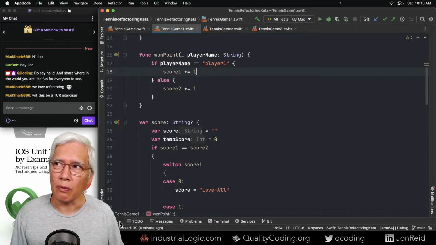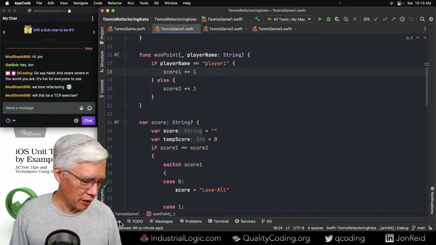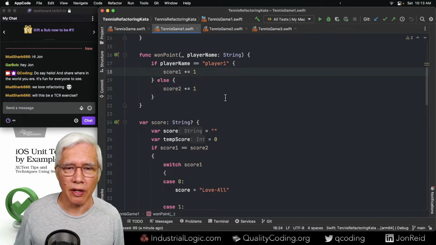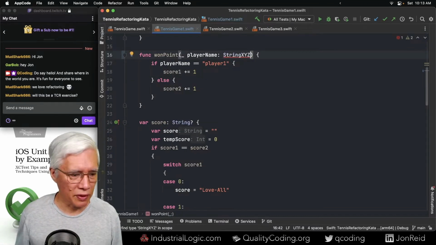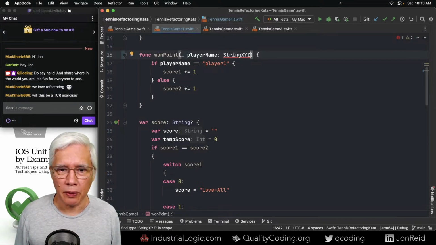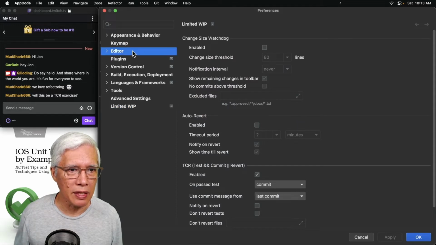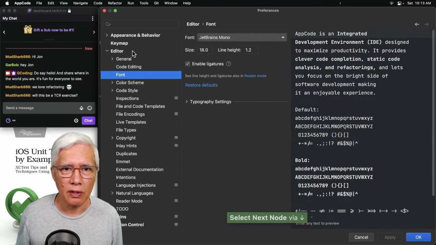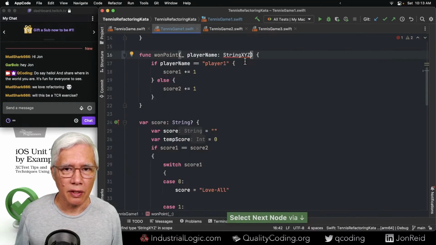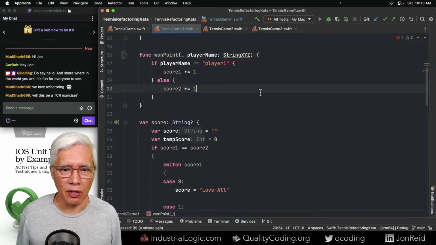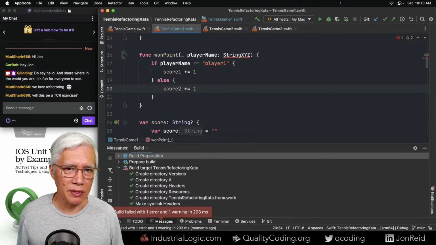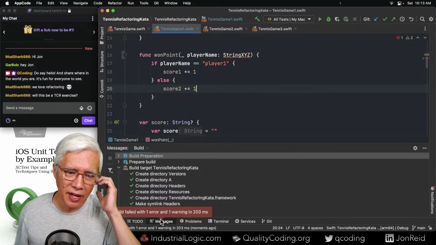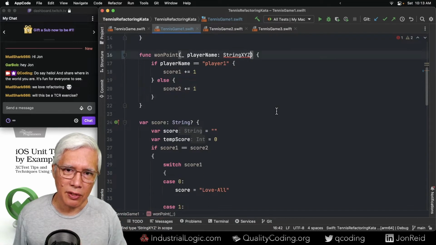And the one thing I should point out is that TCR does not revert if it fails to build. So if I do string XYZ, by the way, I think I set this right. It should be 18 for you folks. Yeah, 18. So string XYZ, this won't even build, which means the tests won't fail, which means you're not done. And this is kind of a relief for me, because